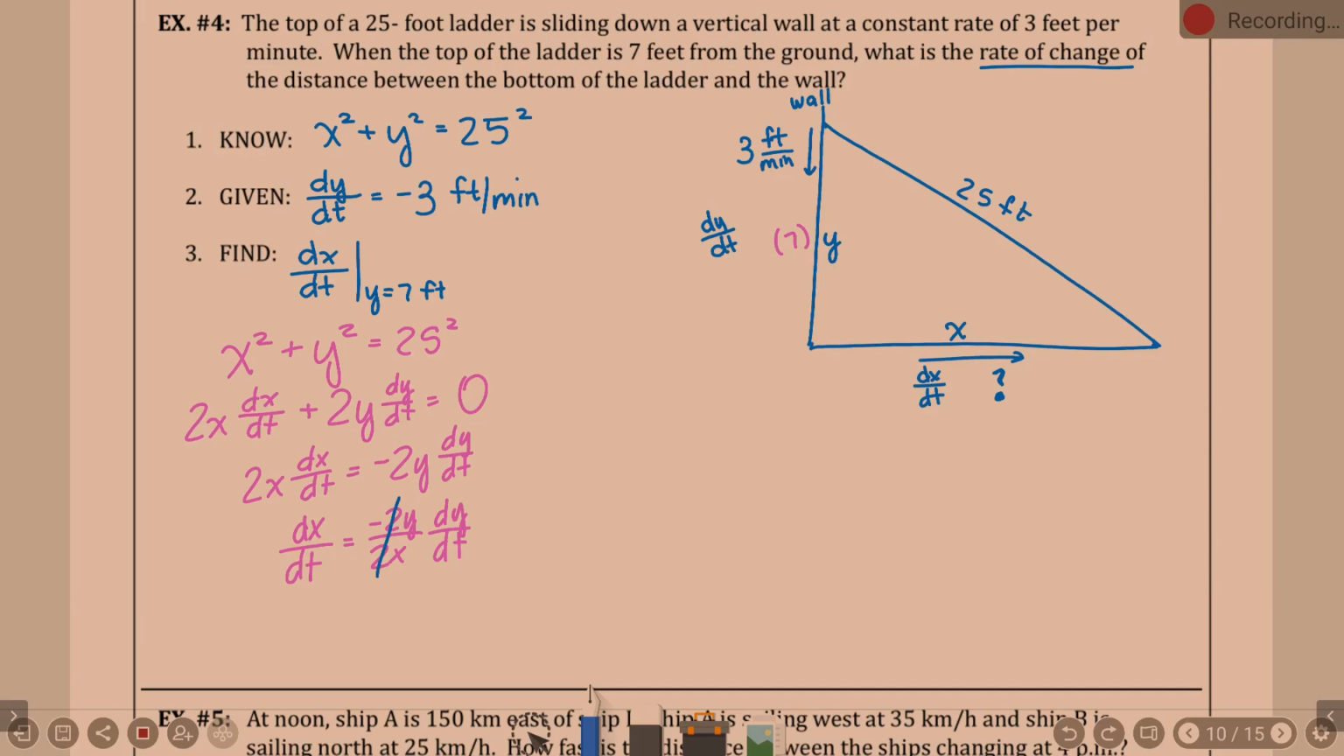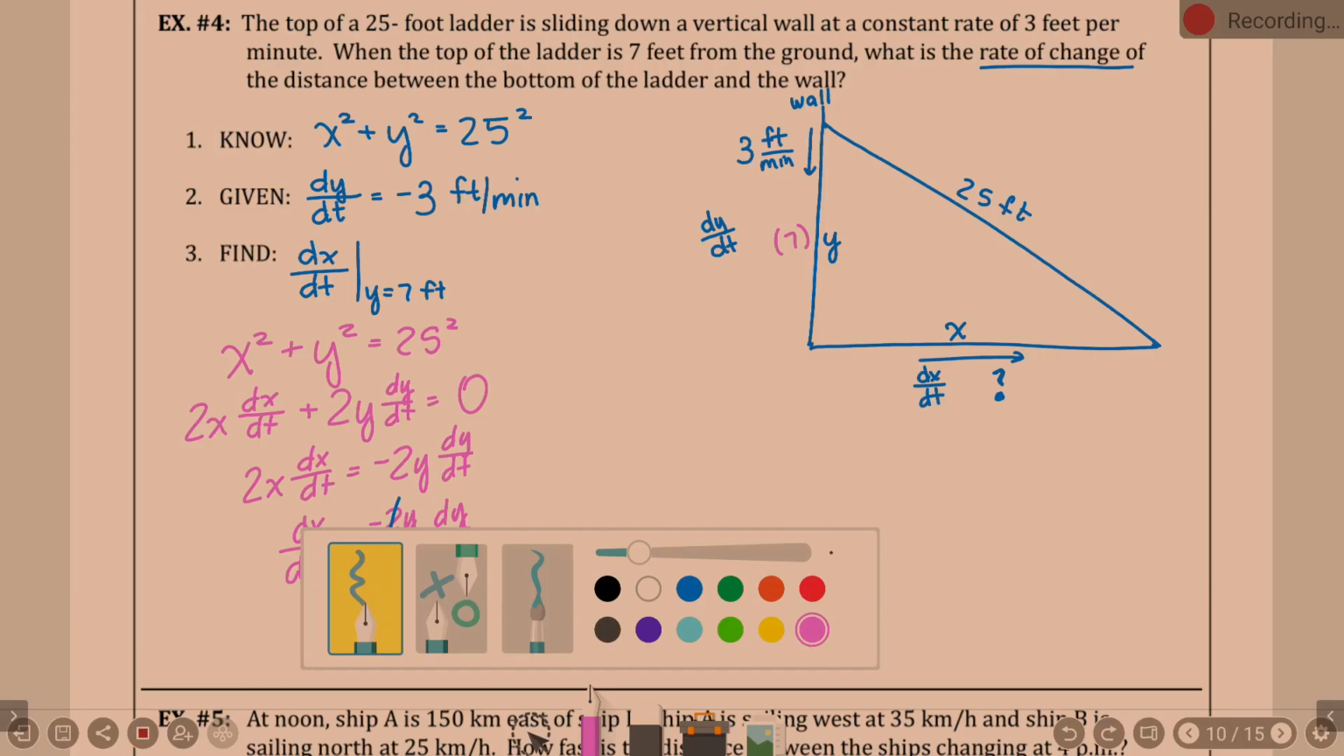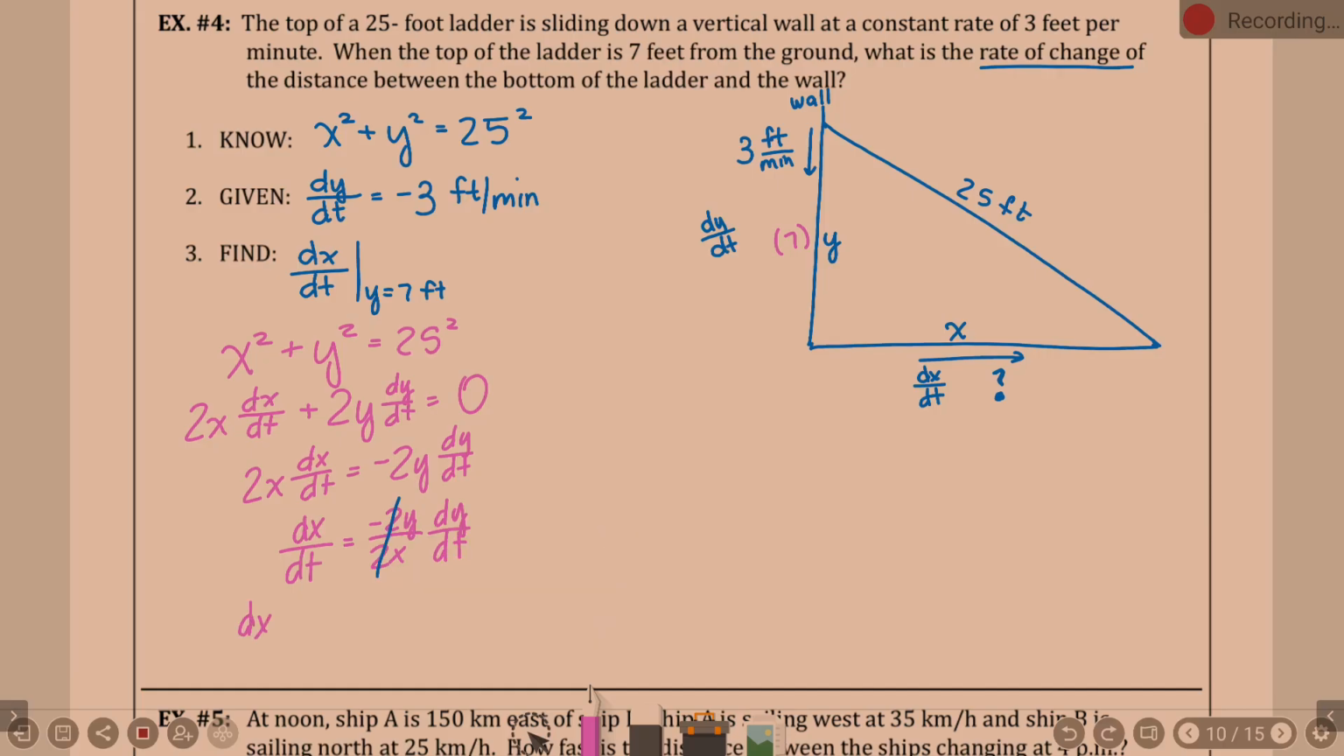Now, officially, we are trying to find dx/dt when what? y equals 7. Do we have all the information we need? No. What are we missing? x. Because we know dy/dt, and we know y, but we don't know x. At the time when y is 7, what could we find about x? We could just use 7 and then